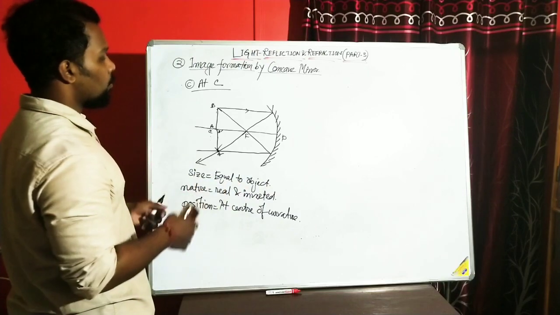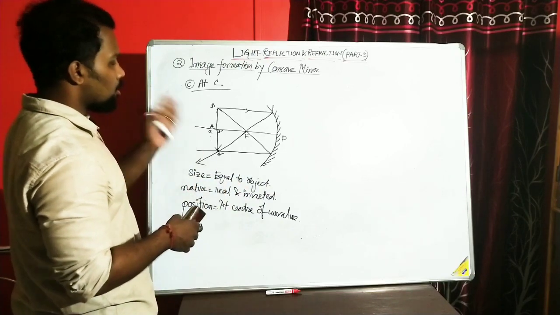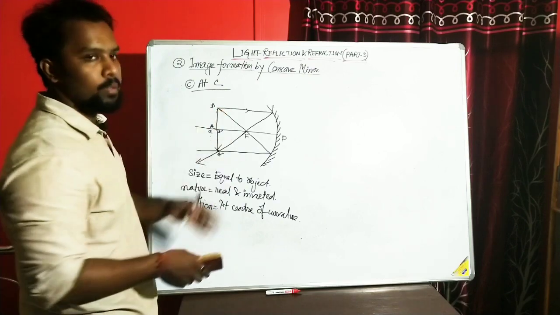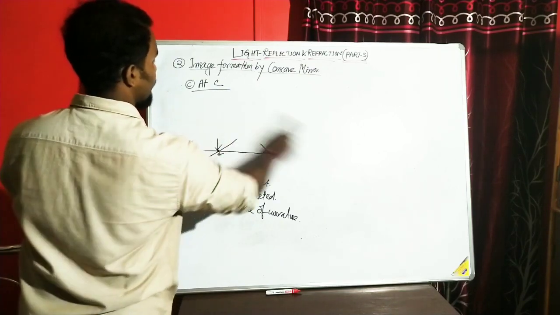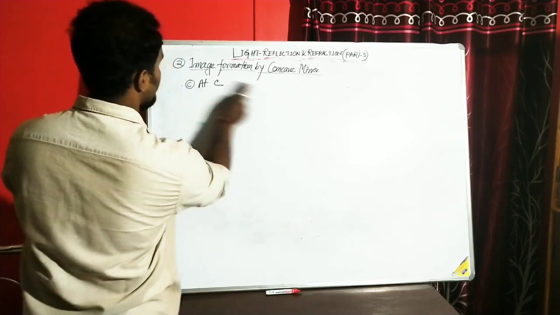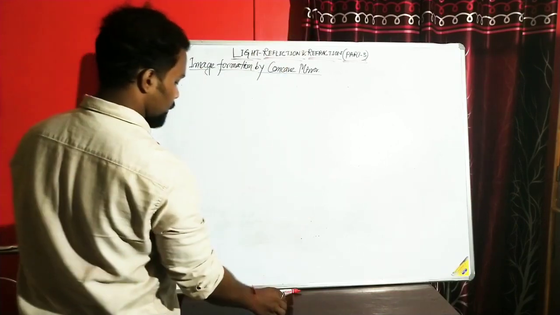Now here we will put the object between C and F. That means between the center of curvature and the principal focus. We will observe what is going to happen. First I will erase this part. Our next thing is going to be